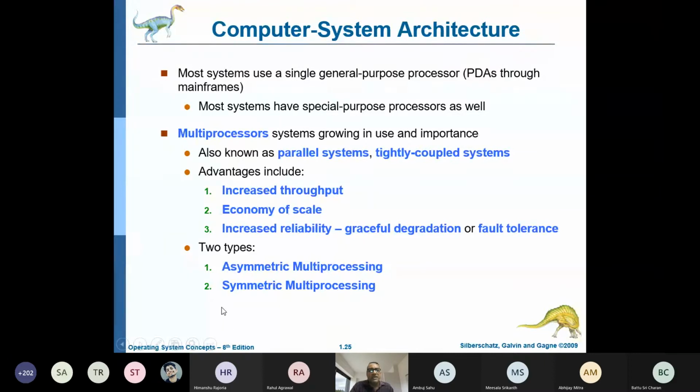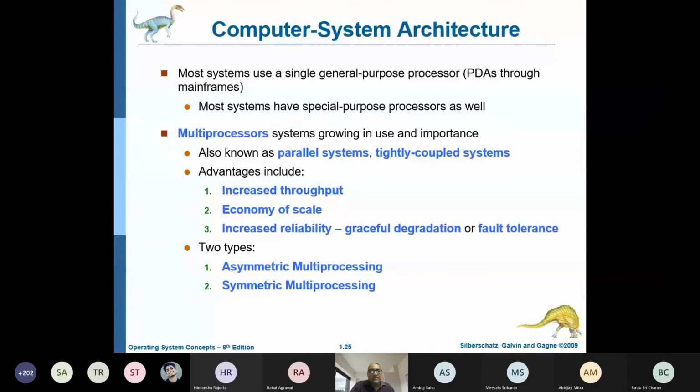Whereas in symmetric multiprocessing, no such master-slave relationship is observed. Here, all the processors are the same, having the same capability. Almost all of them are general purpose processors. And whatever the load is, it will be shared or passed on to the different processors by the operating system using some scheduling criteria, so that the job will be done in a more effective way.